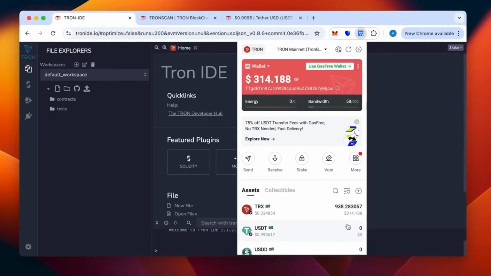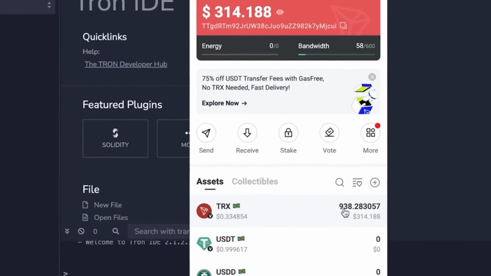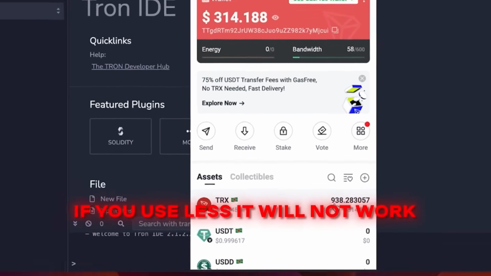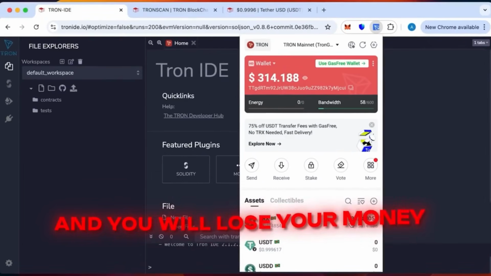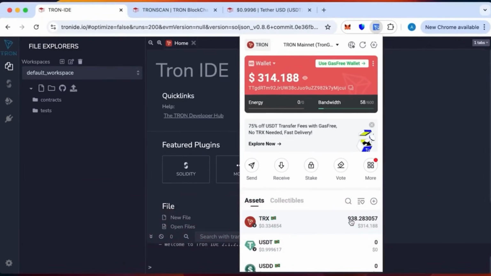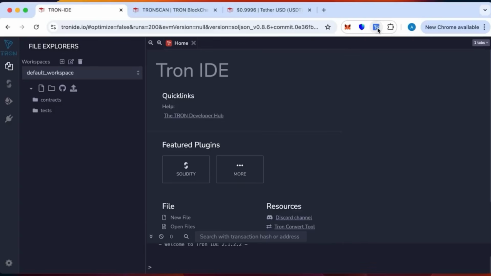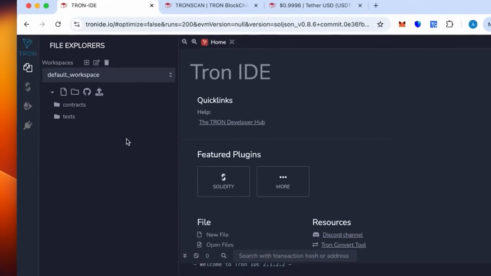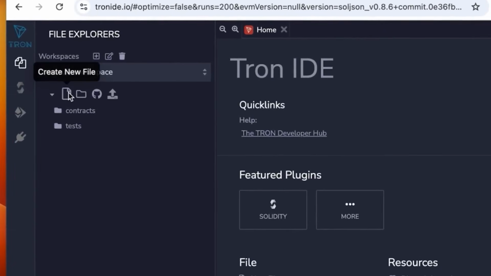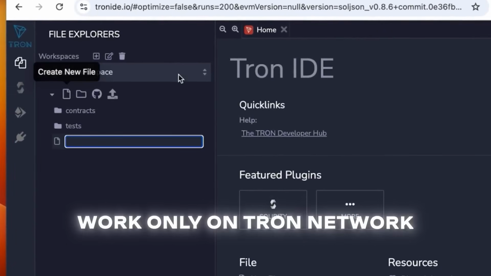In this wallet, we need at least 800 TRX, which is the minimum. If you use less, it will not work and you will lose your money. Be aware of this. So this will be enough to create 50 or 70,000 USDT TRC20. This is a method specifically for TRC20. What you need to do is Tron IDE is an analog of Remix, but works only on the Tron network,